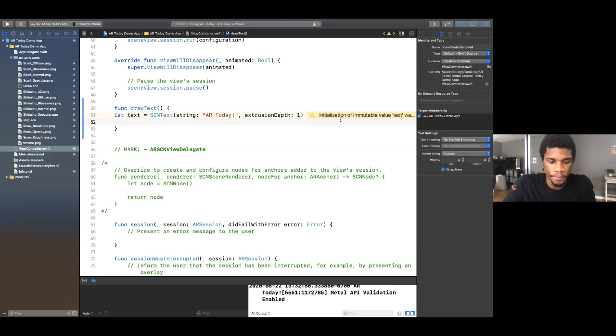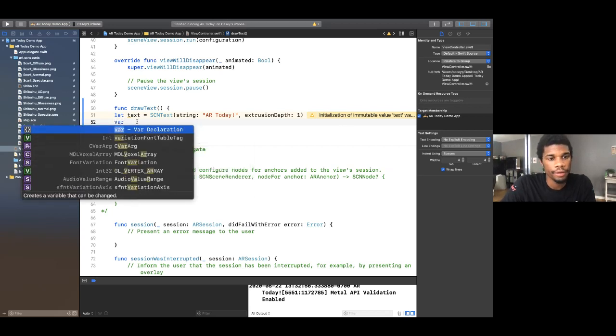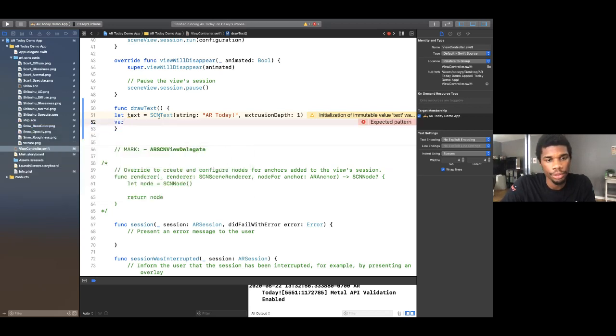Let's do some more coding. So we would say let, and again, let is creating a constant, and var is creating a variable. This is something that can be changed. So our 3D text is not going to change. Once it's created, it's a 3D object, and we just need to put it places. So I used let. This time, let's use var, and let's use